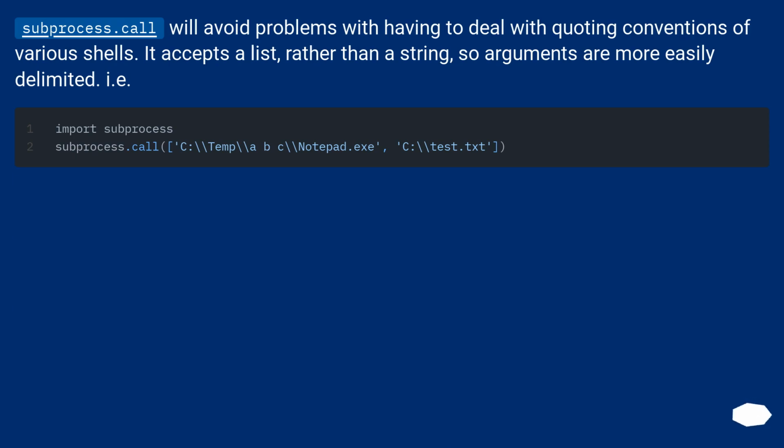subprocess.call will avoid problems with having to deal with quoting conventions of various shells. It accepts a list, rather than a string, so arguments are more easily delimited, i.e.,